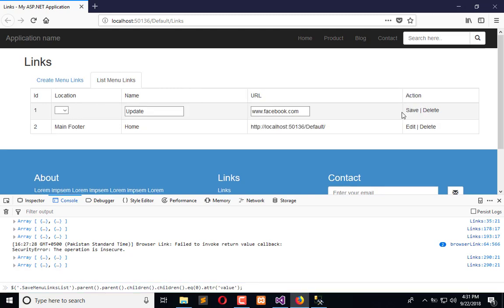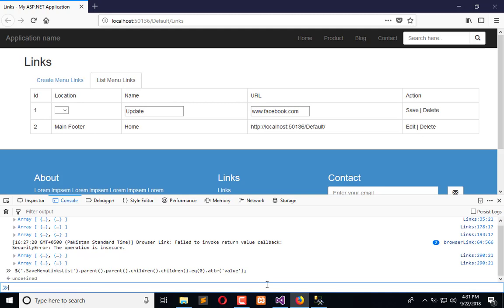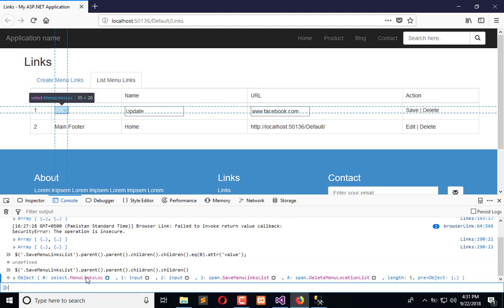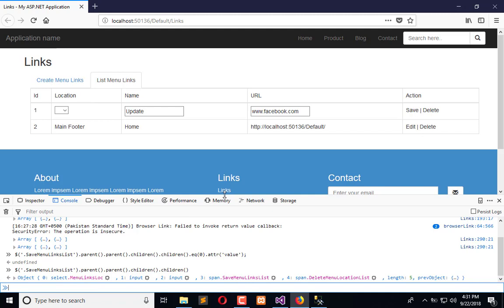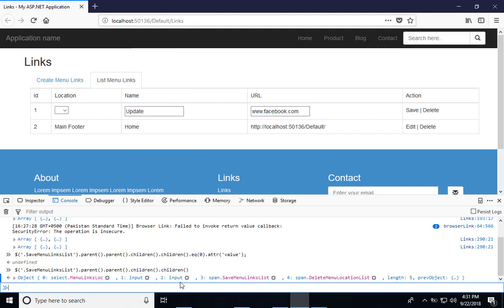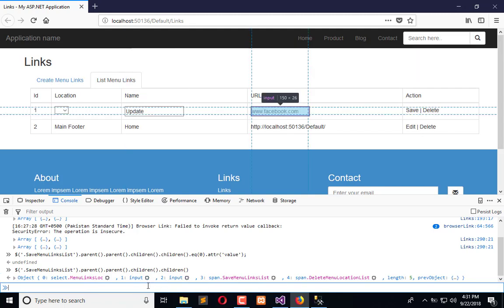Now click edit, and now let's traverse. Here we have selected this. First of all I have to get the first row,